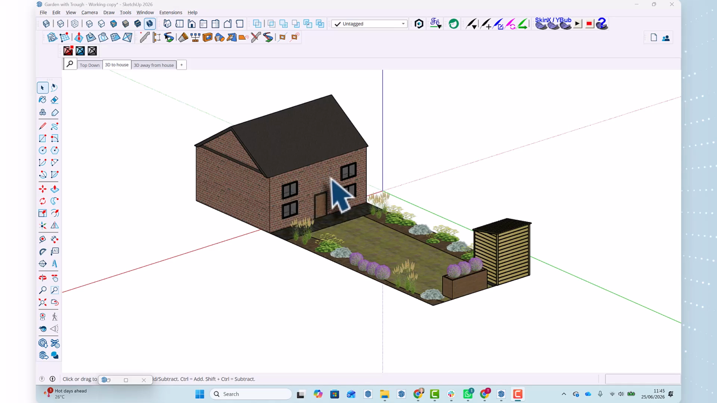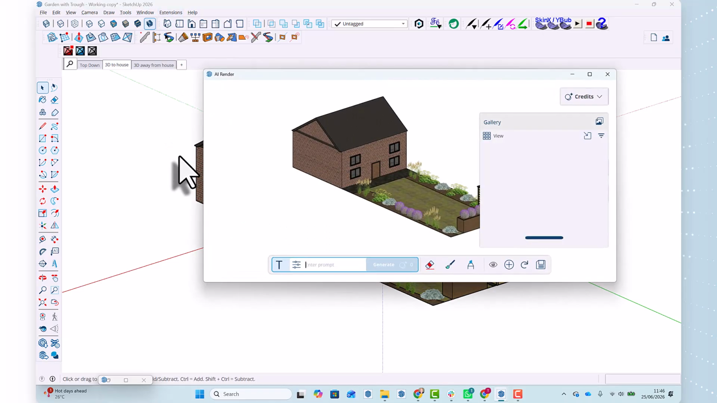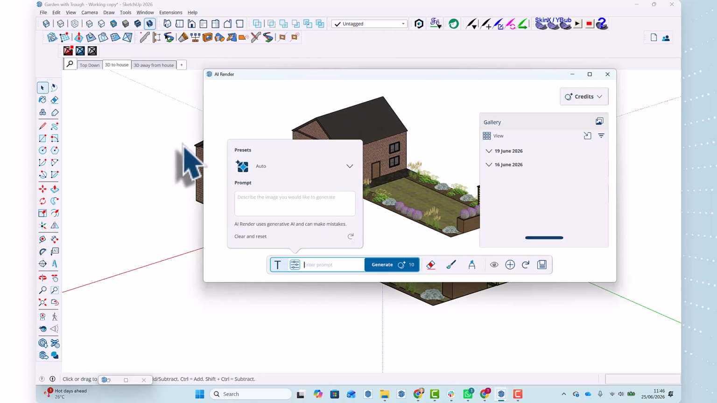So I've got a scene here, and rendering is when you try and make an image look like it's real. So we can go to extensions in SketchUp, and the latest version comes with this AI render. And you never know quite what you're going to get, so I'm going to have a go. And what I'm going to say is you literally just type in here,